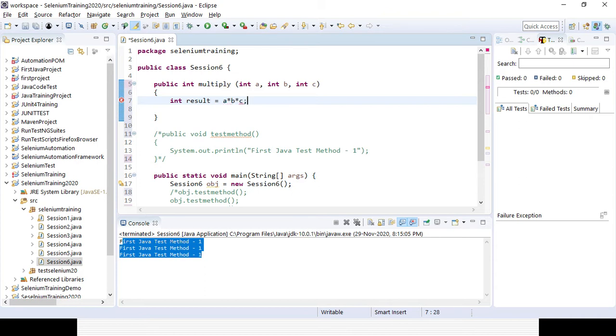I am multiplying and storing it in the integer result variable. You can see an error message is still there, because the method must return a result of type integer. So I have to return the result.